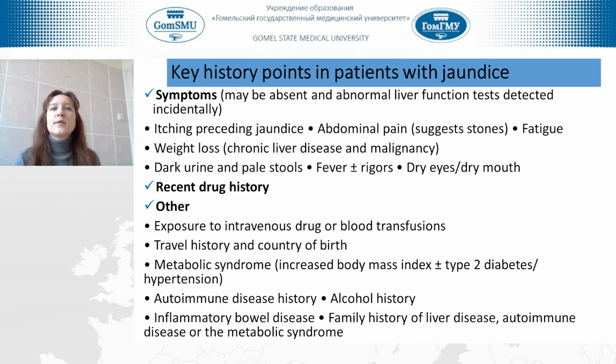Key history points in a patient with jaundice. Symptoms may be absent and an abnormal liver function test detected. So, itching, present jaundice, abdominal pain suggesting stones, fatigue, weight loss, risk for chronic liver disease and malignancy, dark urine